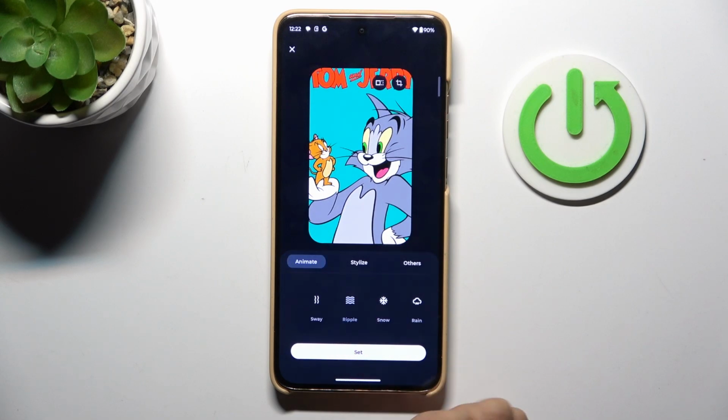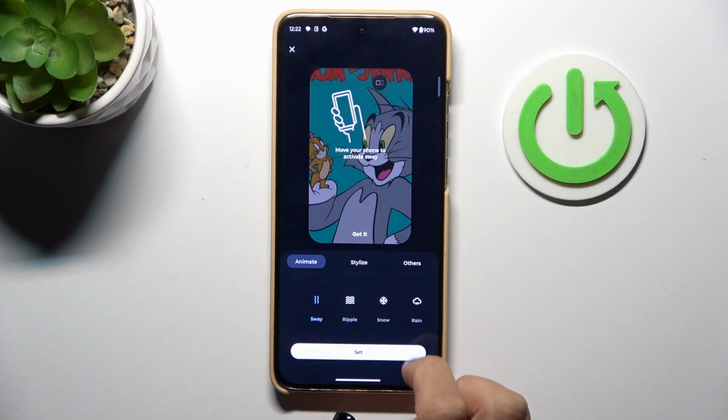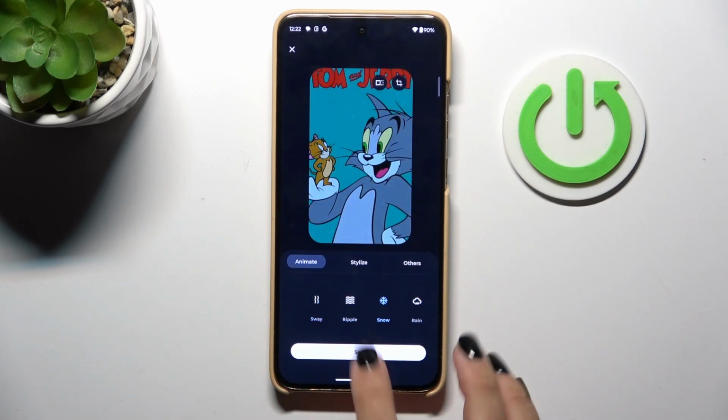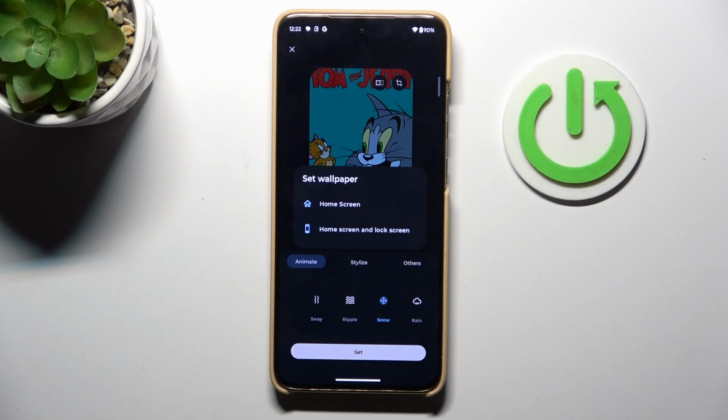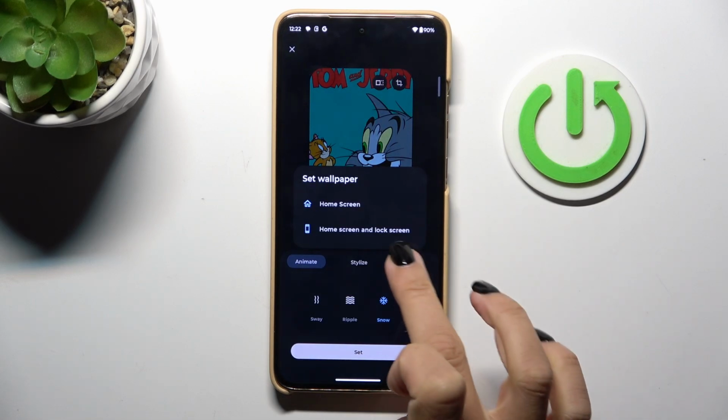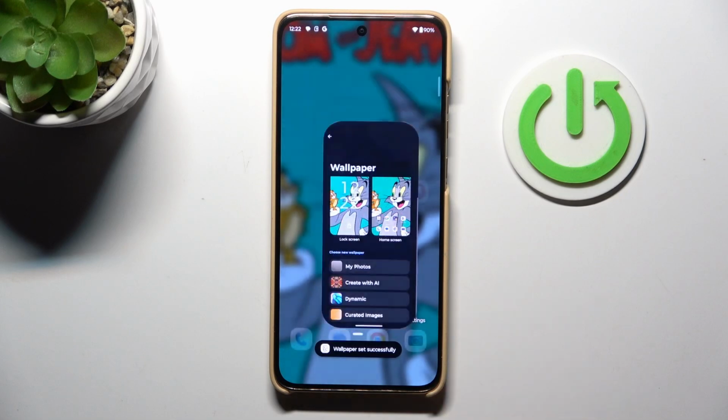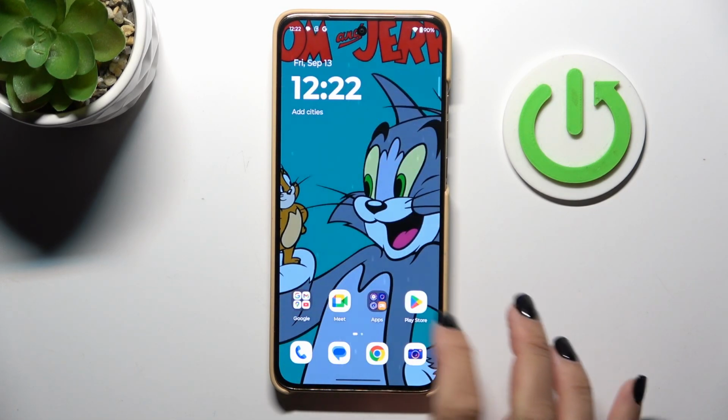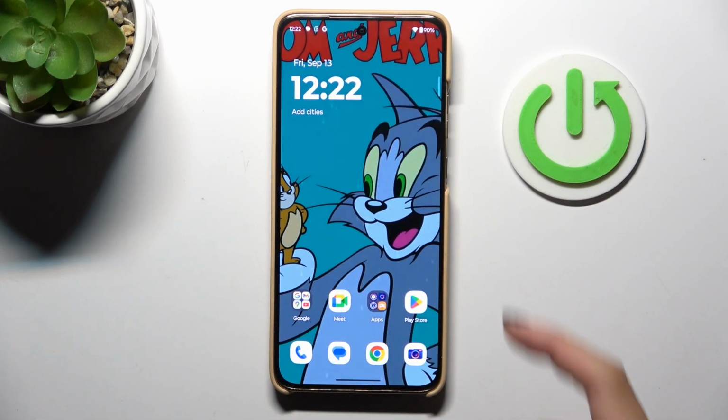Okay, so let me do it this way, tap on set, and decide if it's just for your home screen or both home and lock screens. Let me set it for both, and as you can see from now on, we've got this brand new wallpaper with rain feature on both home